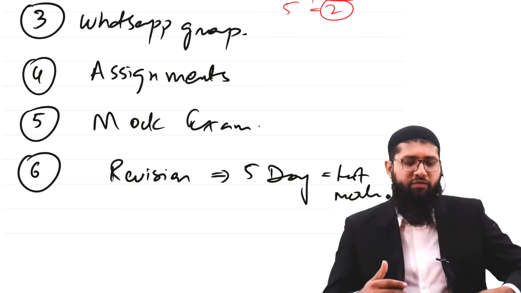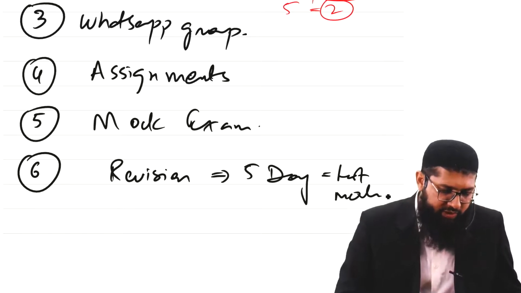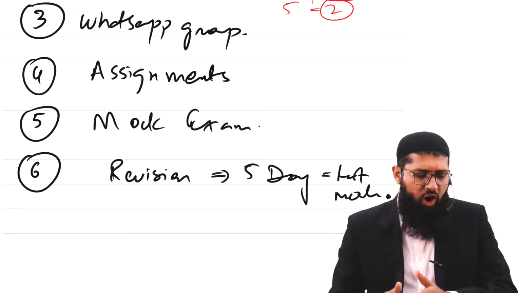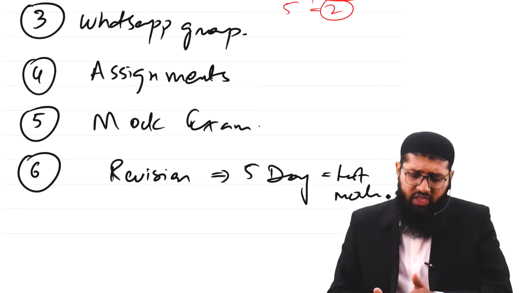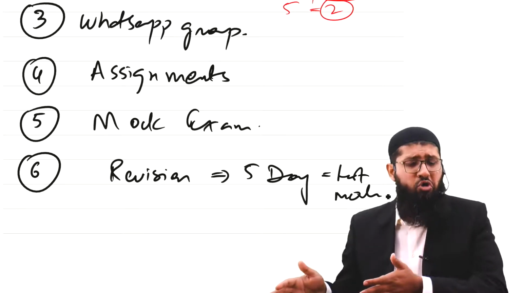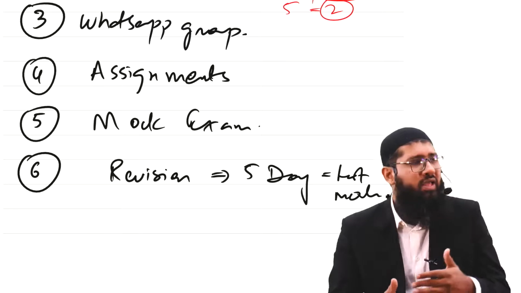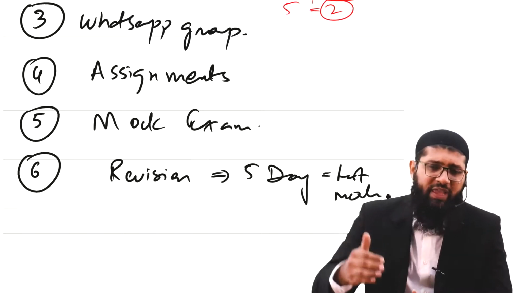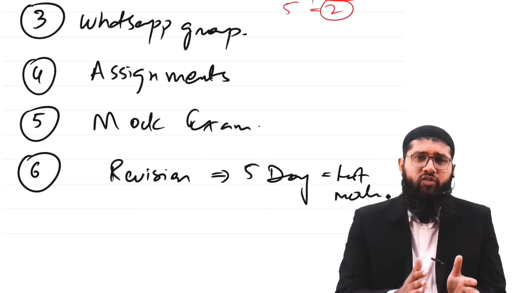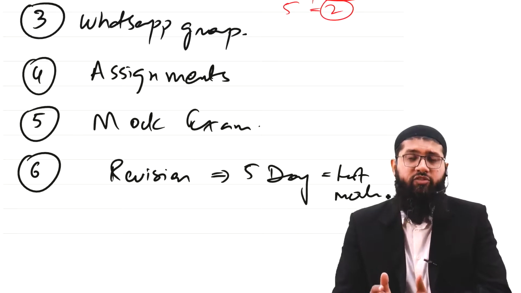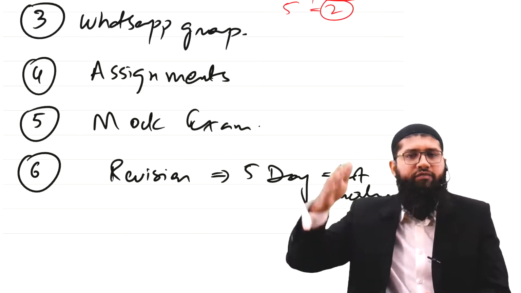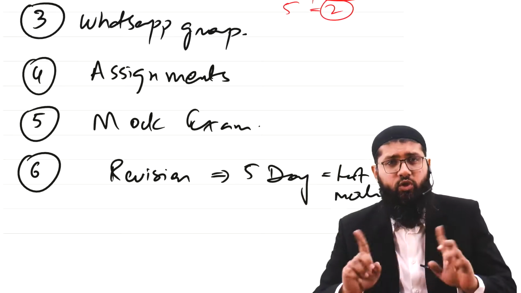What is the smart way of studying? If you are studying with a tutor, you don't have to just open up the books and go through each and every chapter on your own. That's going to take a lot of time. A lot of students register for the course, get access to the lectures, and again, the way they start off is with the books. You don't have to do it this way.